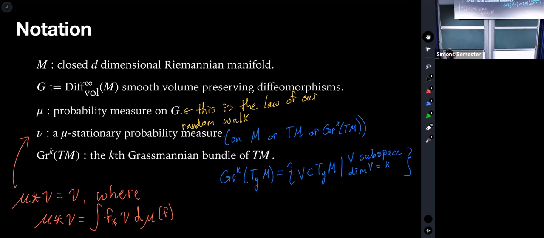And then just the last bit of notation is that GR will denote the kth Grassmannian bundle. In general, what we're interested in here is the growth of subspaces and vectors. So very often as we go through, we'll be interested in questions of how does the kth subspace grow? How does the k-1 subspace grow? If you're not familiar with Grassmannians, you're welcome to just replace this with tangent bundle, and most of the ideas will go through quite the same. And just in case people are unfamiliar, a mu stationary measure means it's invariant on average. So it's invariant under the convolution by mu.